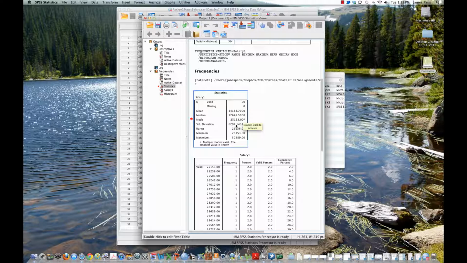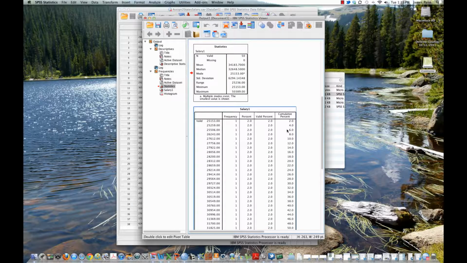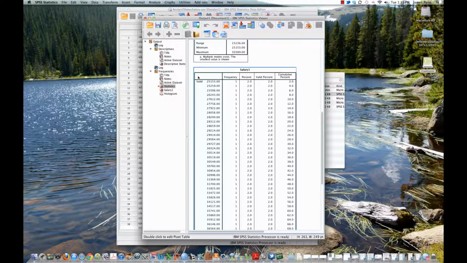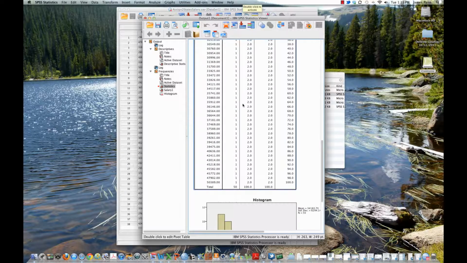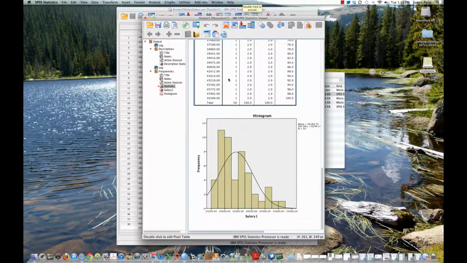In addition, we see the dispersion, you can see the range, the standard deviation, which provides an indication of how the scores are distributed around the mean, the minimum and maximum score, and then it also provides you with a table showing the frequency for each value. Now, you're probably just going to have each value one time, just because of the nature of these values, they're continuous.